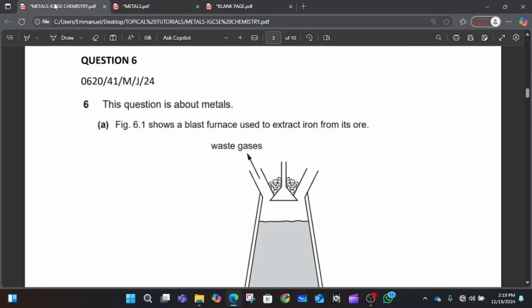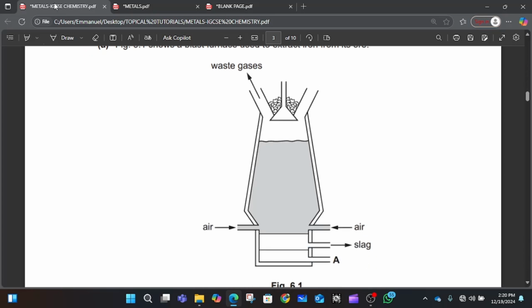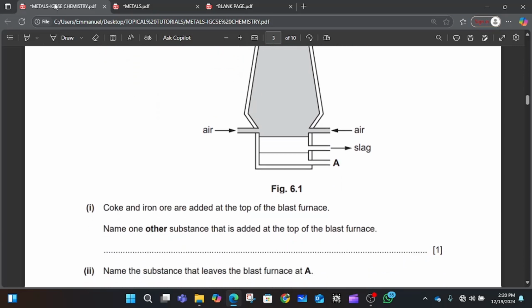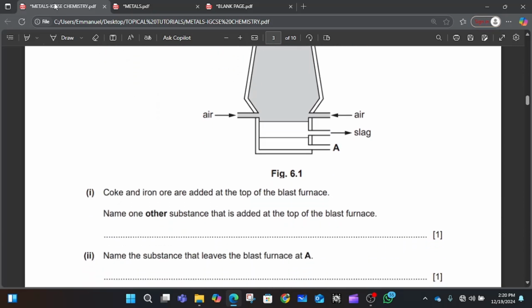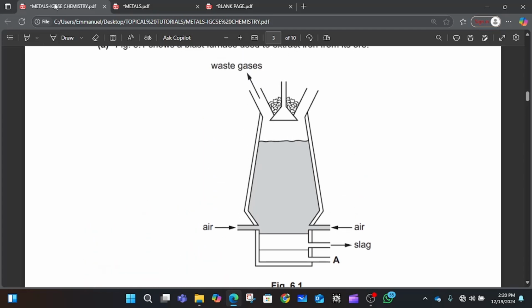The next question is question 6 of May-June 2024, paper 4-1. Question 6. This question is about metals. A. Figure 6.1 shows a blast furnace used to extract iron from its ore. So this is figure 6.1. I. Coke and iron ore are added to the top of the blast furnace. So on top here, we have coke and iron ore